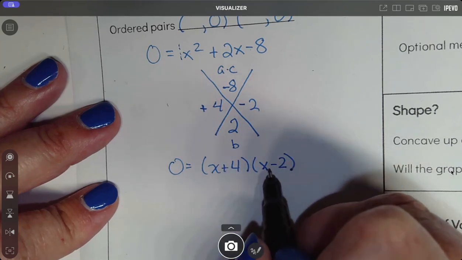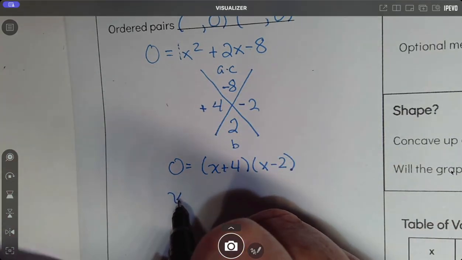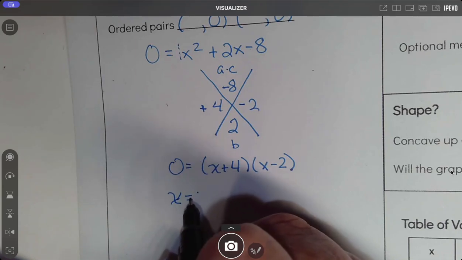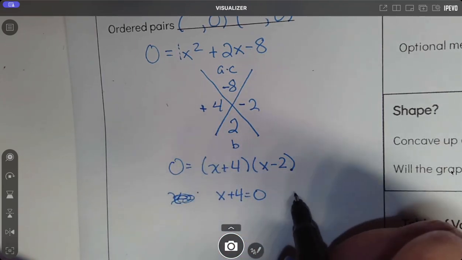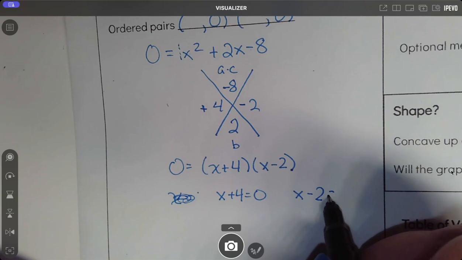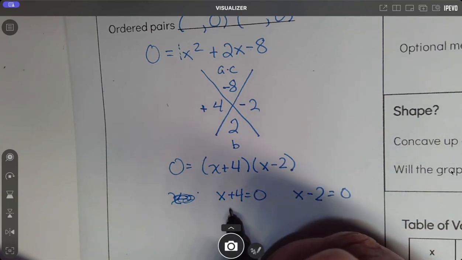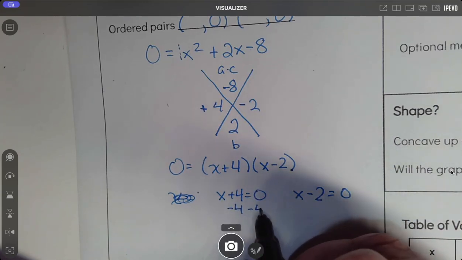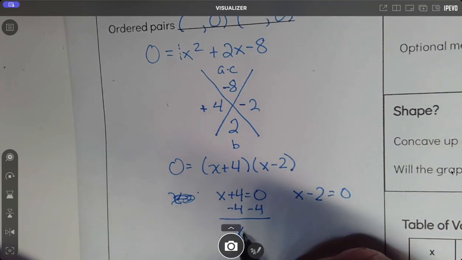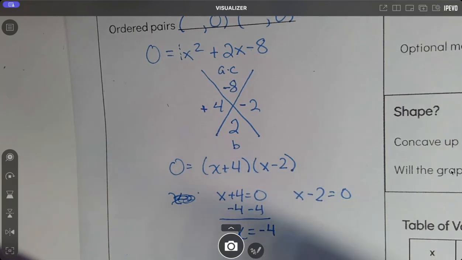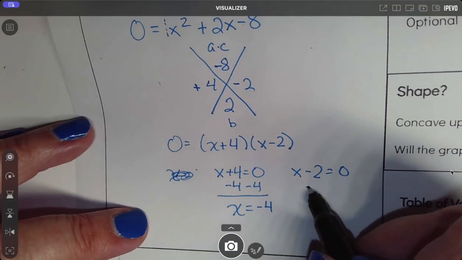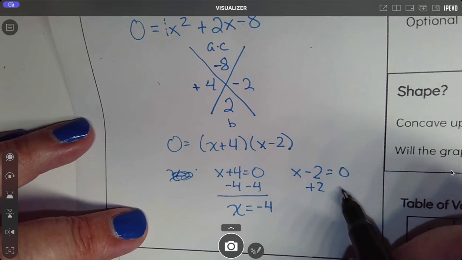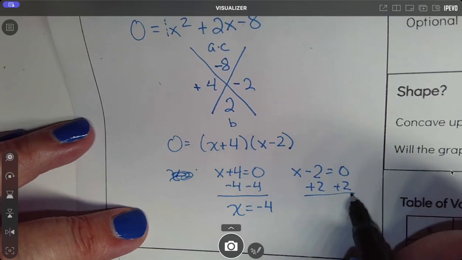x plus 4, x minus 2. Then we take each factor and set it equal to 0. So we get x plus 4 equals 0, and x minus 2 equals 0. We use inverse operations, so subtract 4 from each side. So one of our x-intercepts happens at x equals negative 4. The other x-intercept will happen at x equals 2, because we'll add 2 to both sides here,